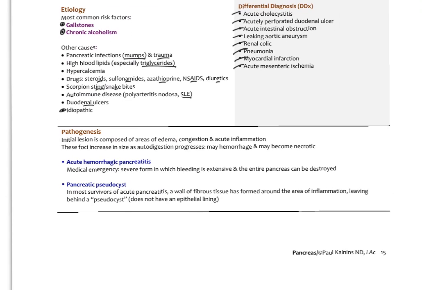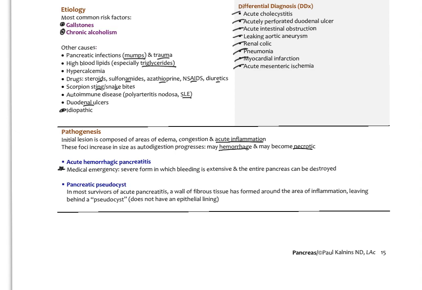So the initial lesion is usually composed, it becomes edematous. There's a pocket of acute inflammation with congestion, and these foci increase in size as the digestive enzymes are activated to begin to auto-digest the pancreas, and that can become hemorrhagic, and then the pancreatic tissue becomes necrotic. So when it's in the acute hemorrhagic phase, this is a medical emergency because there can be severe bleeding and